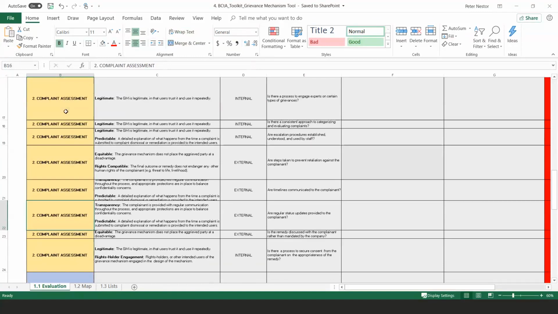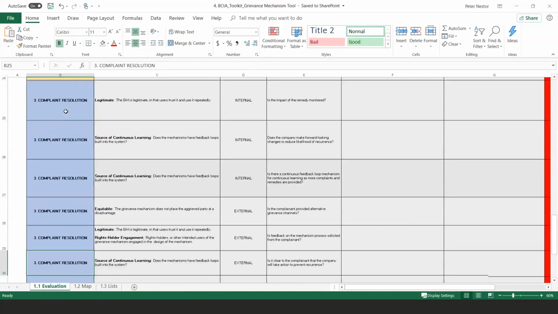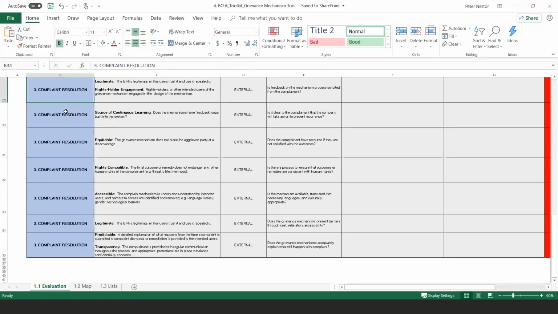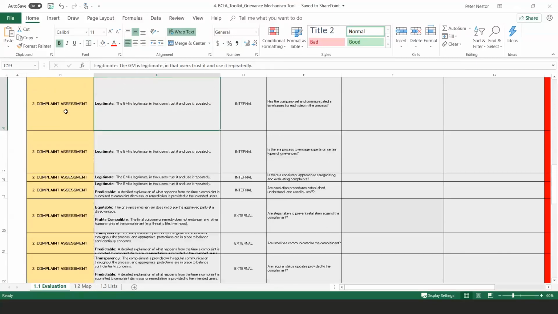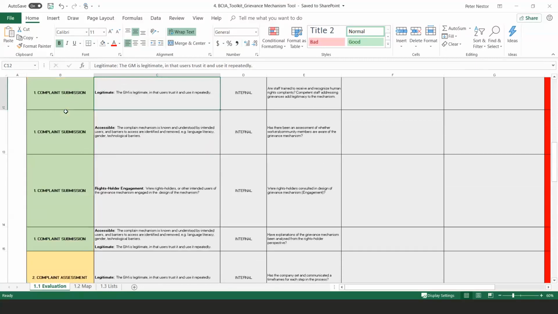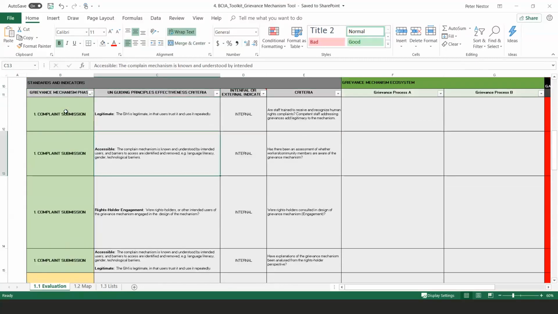The second is the complaint assessment phase. So what the company does with that complaint once they receive it. And then the last phase is complaint resolution. And so how does the company work with the person to come up with some kind of a solution? And is the remedy that's offered and provided, does that satisfy the person who was aggrieved? We've included a few different indicators in here,